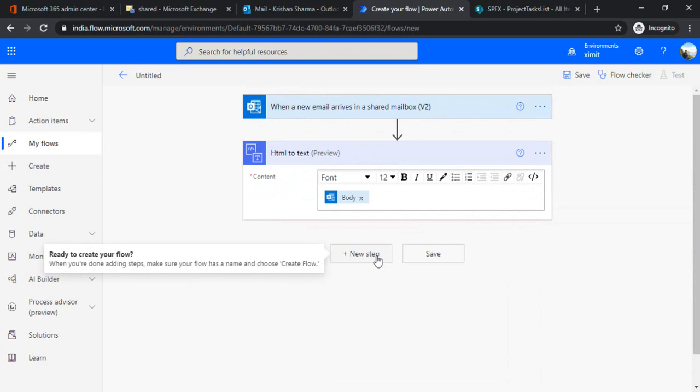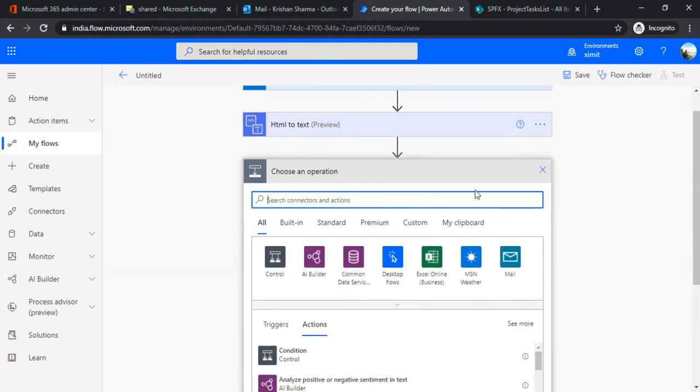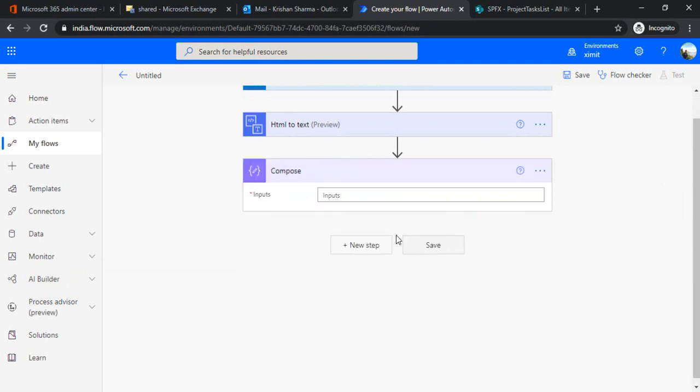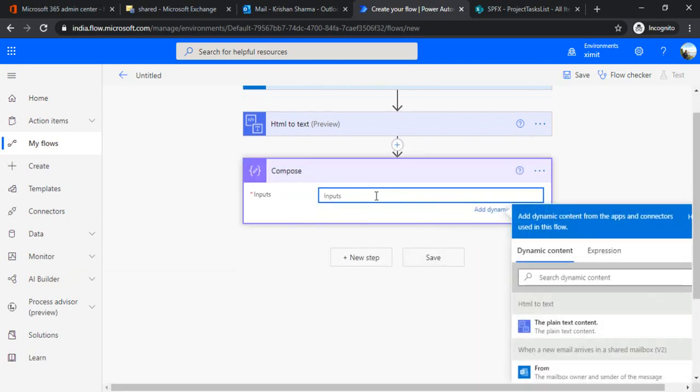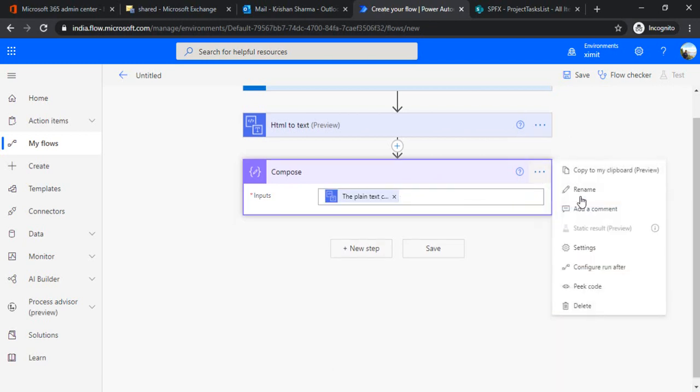Now in the third step, as we got the body, we have to pass that body and split out the pipes from it, so that we can get the actual content. So in the next step, I'll be using the compose action, and in the compose action, I would be splitting out that entire converted text body so that I can extract the actual content. Right now I'll just pass the plain text so that I can get the actual field value which we can use then in the expression.